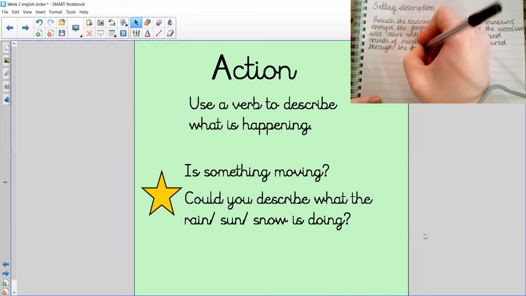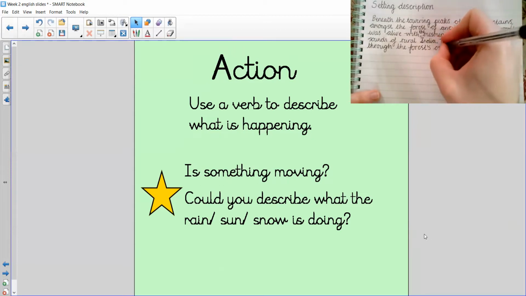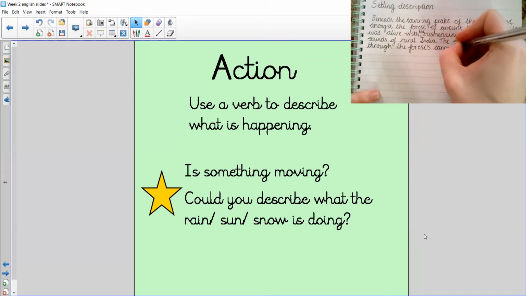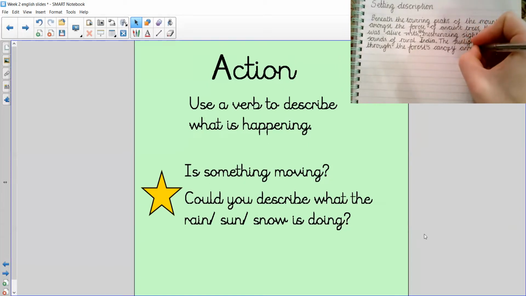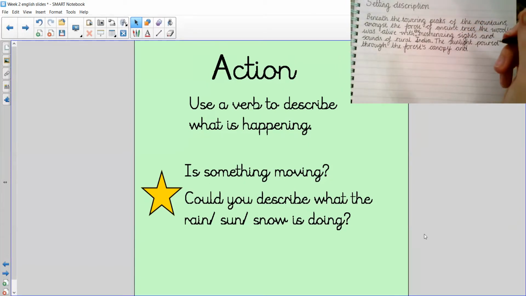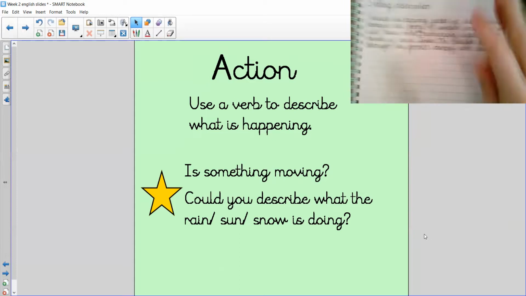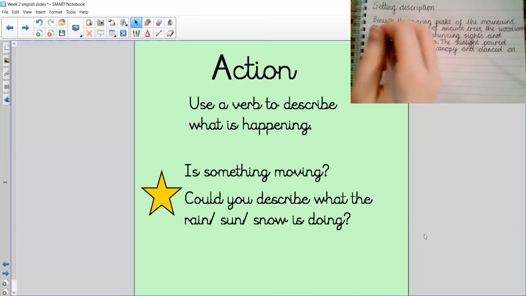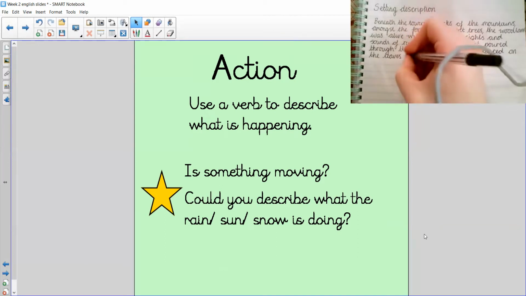And this is a word that I got from the Descriptosaurus: canopy. Okay, so describing how the leaves are kind of making a canopy above. And I'm going to go with the coordinating conjunction. The sunlight poured through the forest canopy, and what else did it do? Well, I'm again taking from the Descriptosaurus, it danced. Bit of personification there. Danced on the leaves below.